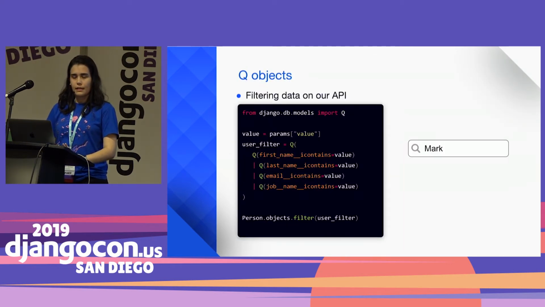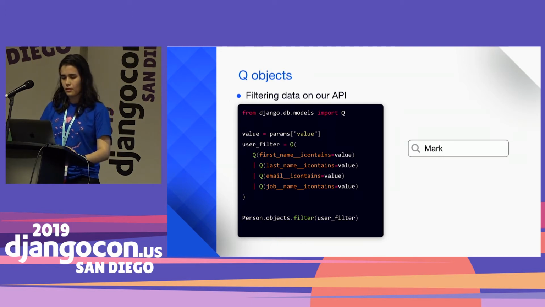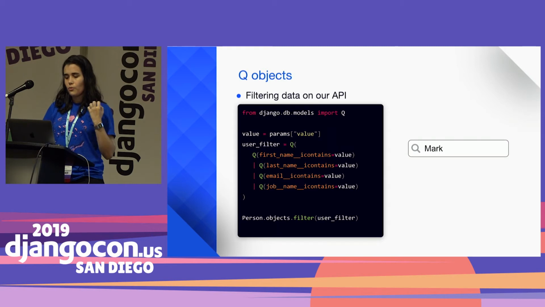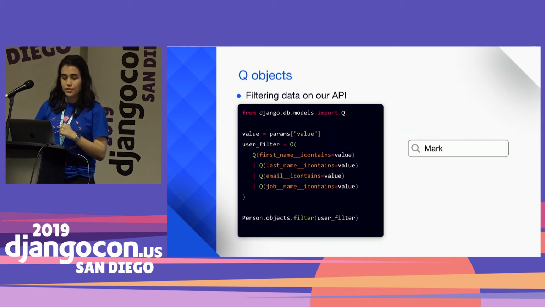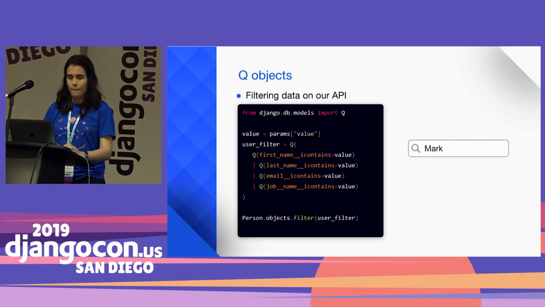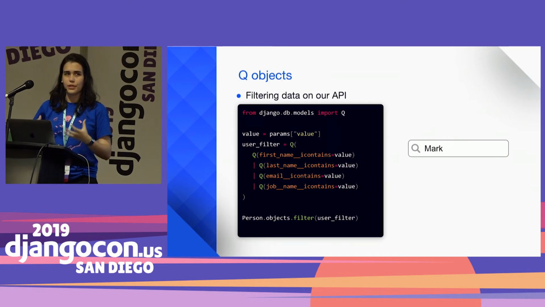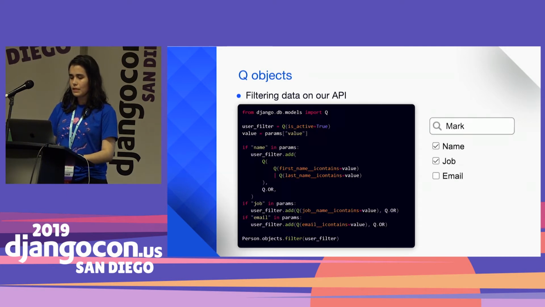Moving on, let's say that our application has an interface where users can search stuff. The user can input whatever they want, and we're going to search all possible fields using the case-insensitive contains lookup, for example. That will work, but what if the user wants to search just for the first name, for example, or a job title? We can give our user the freedom to search for whatever they want. That's possible if we mount a Q object before doing the query, by using an approach with some ifs and Q.add. There are some other approaches, but I've chosen this one.